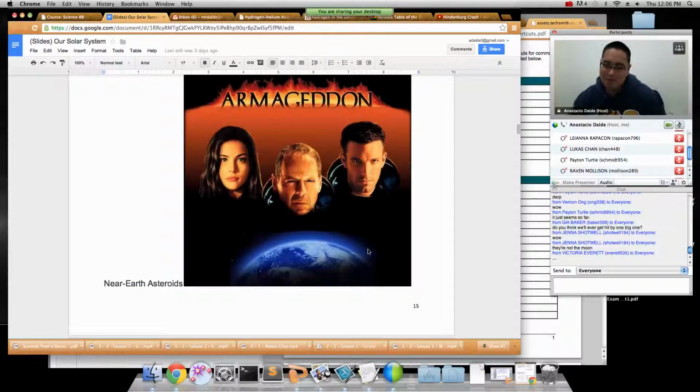Now, there's a few near-Earth asteroids. In fact, there's one in particular that I was a really big fan of, and I wanted you guys to look out for this thing. It was called Comet Ison. Did you guys remember? Have you guys seen Comet Ison? Did you remember me seeing posts that I did for Comet Ison? Anyway,